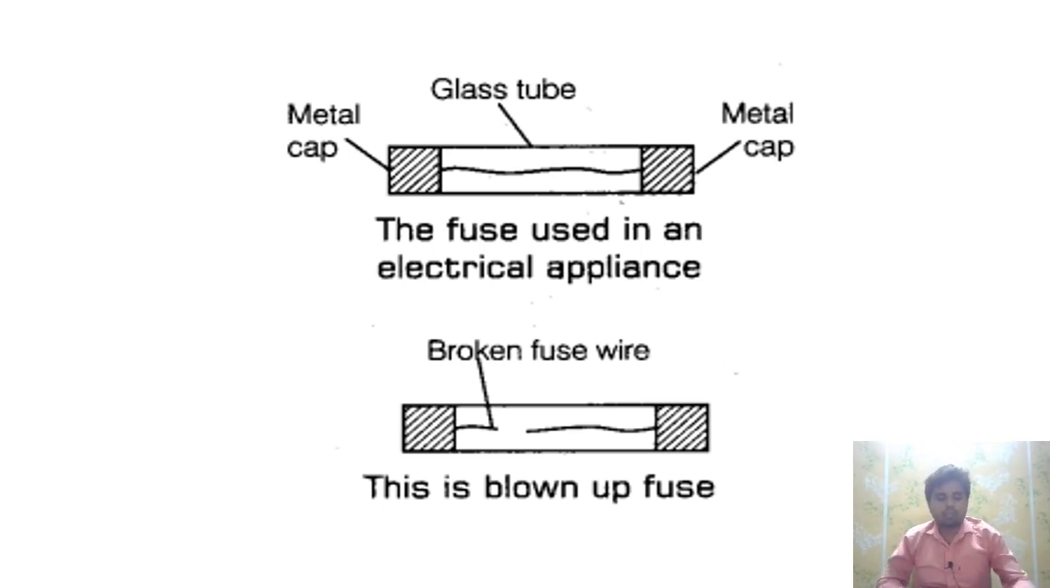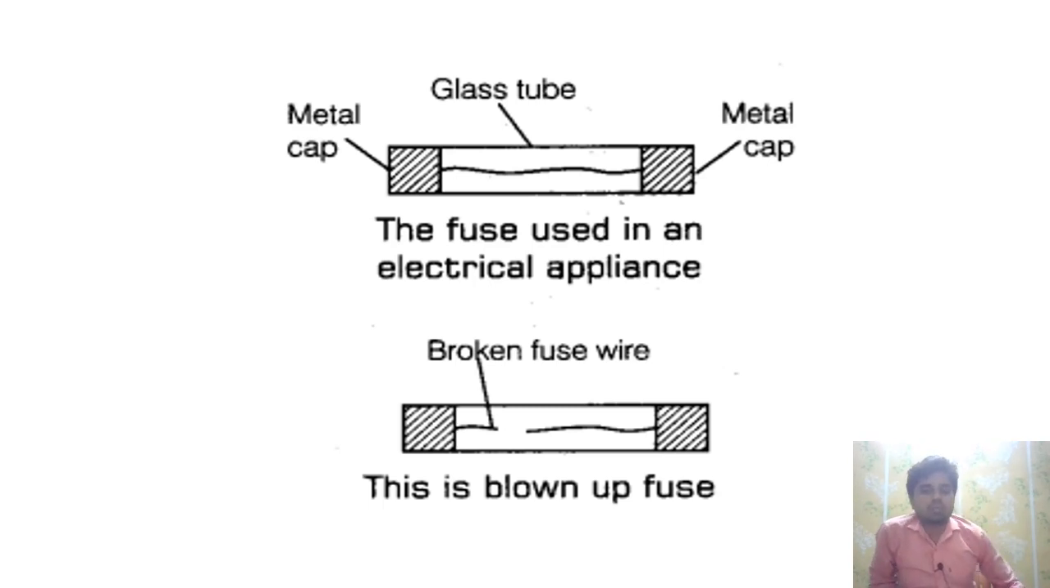So what you can see in the making of the electric fuse is that there is one glass tube, and inside that glass tube there is a thin copper wire. On both sides there is a metal cap. Now this condition is when the current is steady. Steady means constant. Constant current is flowing through the circuit, and there is no harm to any appliances